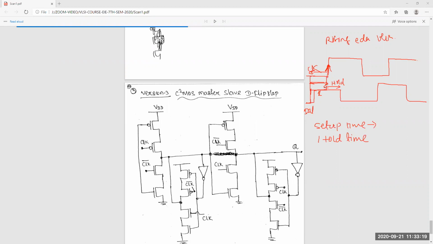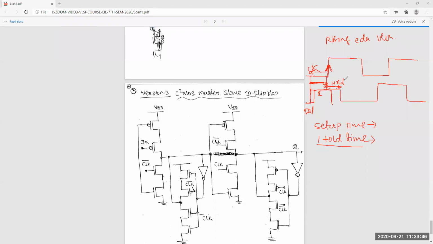Setup time is the time the data is stable before the clock, and the time data is stable after the clock edge is your hold time. If the data ends here, then what happens?